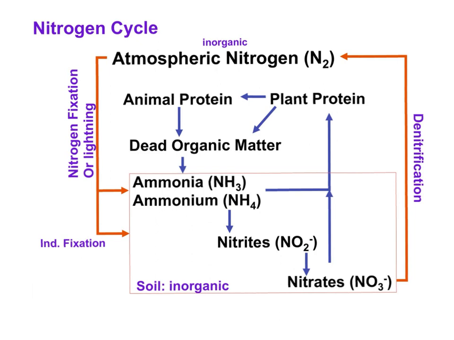Bacteria, known as rhizobium, have a mutualistic relationship with pea family plants, and the rhizobium fix nitrogen from the air into ammonia, making nitrogen available in the soil as ammonia or ammonium. Ammonia and ammonium are ultimately converted to nitrates. Plants absorb nitrates and ammonium and then assimilate that nitrogen into protein. Lastly, particularly in anaerobic or waterlogged soils, bacteria will return nitrogen to the atmosphere in a process known as denitrification.